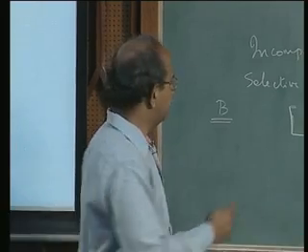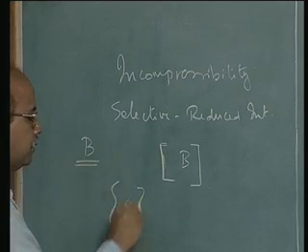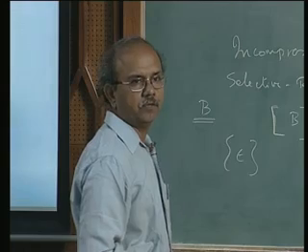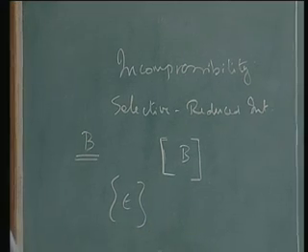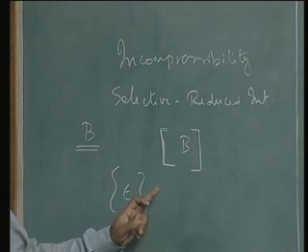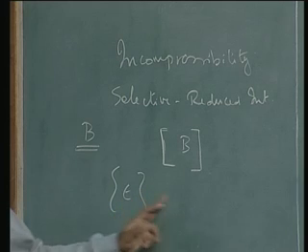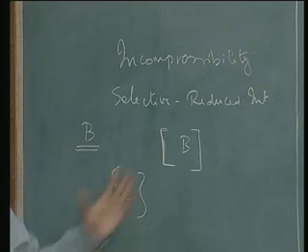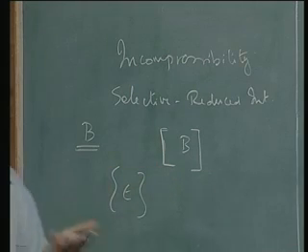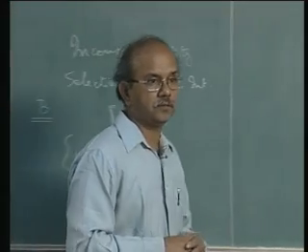One is the order in which you write epsilon. Whether you write it as epsilon 1 1, 2 2, 3 3, 1 2, 2 3, 3 1, or in some other order 1 1, 2 2, 3 3, 3 1, or whatever it is. So depending upon that, B will change. That's very fundamental. Maybe all of you know it. Please take care of that.